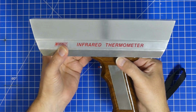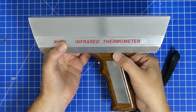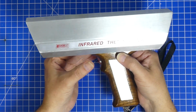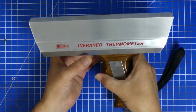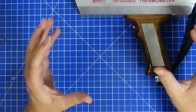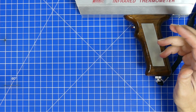So this was, when it was new, bought in 1986, and the last calibration that was performed on it was in 1991. And it came with a lot of documentation, and the documentation is really important when you consider these devices, because, for example, it